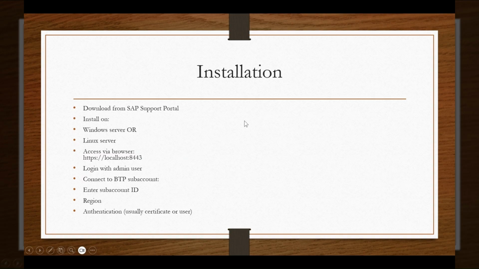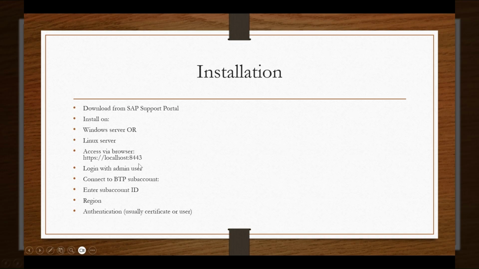Now, how is it installed? Like a normal web dispatcher or any other system, we download the executables or the .sar files from the SAP support portal. Similarly, we need those files for Cloud Connector as well. Install it on Linux or Windows and access it through the link via browser.